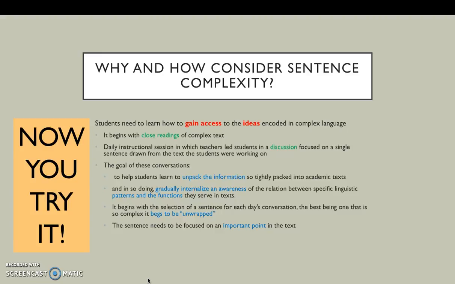Now it's your turn to try. Please go back to the text that you have used to do your bigger text complexity with the four-square matrix, and simply pick one important sentence out of that text that you would want to analyze with students. Remember, step 1 is to pick a juicy sentence, meaning a sentence that connects to bigger important ideas. Step 2 then is to chunk the sentence. Again, there is no minimum or maximum of chunks,